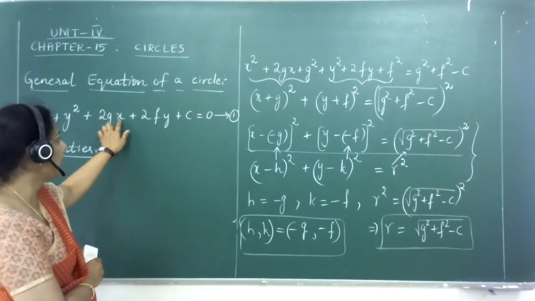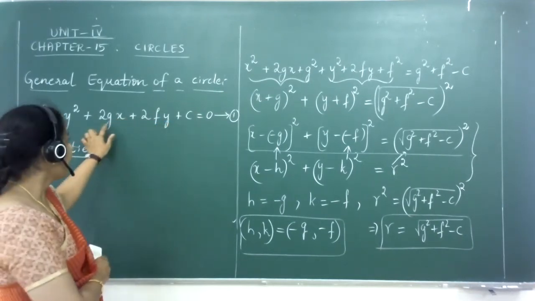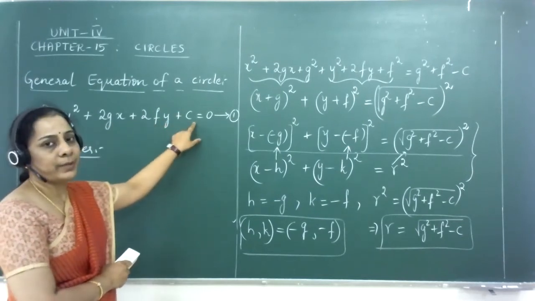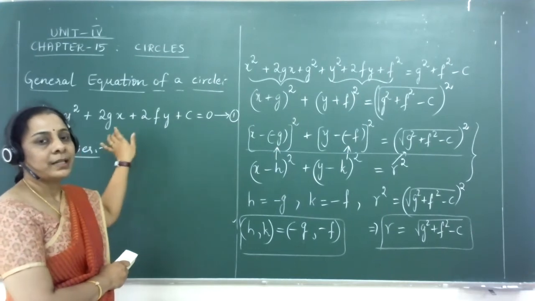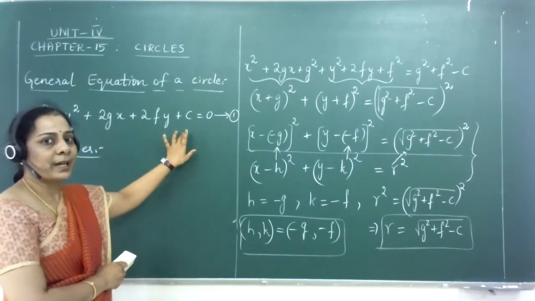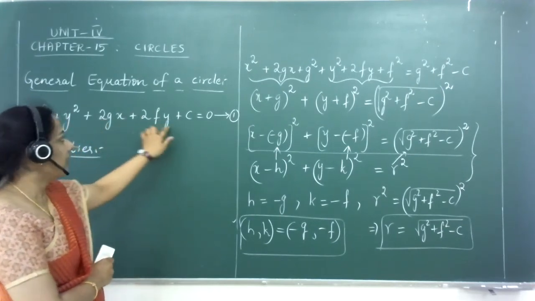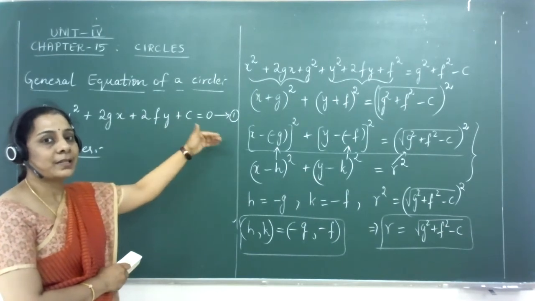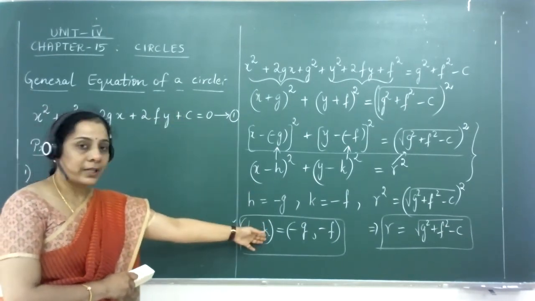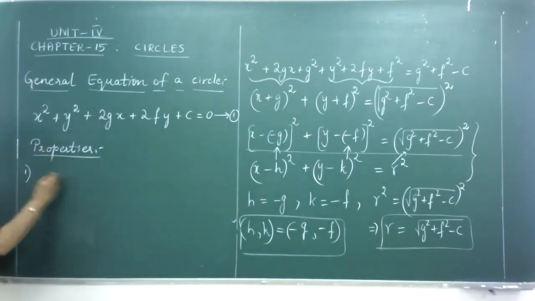Which are the two variables? X and y. If x and y come as variables, then what are these three alphabets here to be considered as? That is, what are these values called g, f and c? G, f and c will be treated to be parameters. Okay, so you have the two variables called x and y. For various values of g, f and c, circles will be different with coordinates different, and also the radii will be different for them.